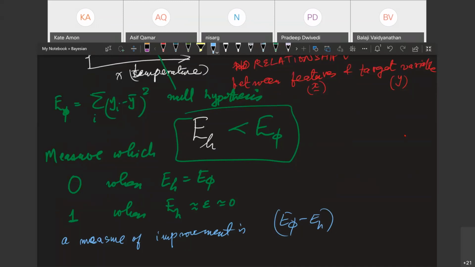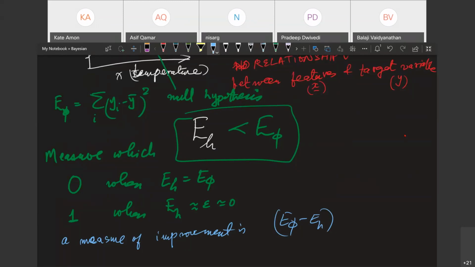How much smaller is the hypothesis compared to the null hypothesis in errors? Would you agree, right? This would give you some measure. If hypothesis error is the same as null hypothesis error, you have no improvement. Guys, does it make sense?